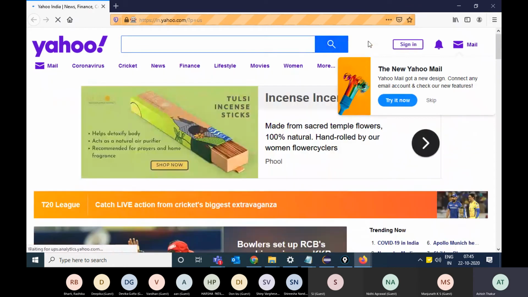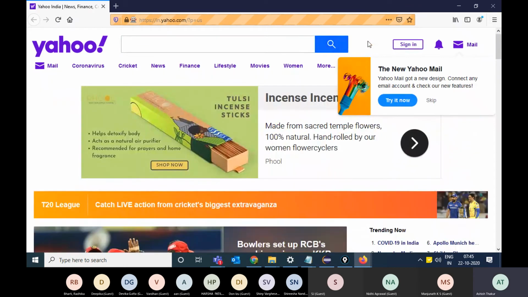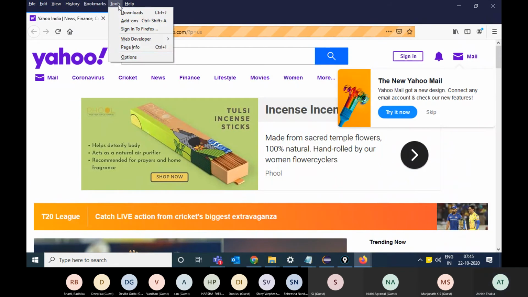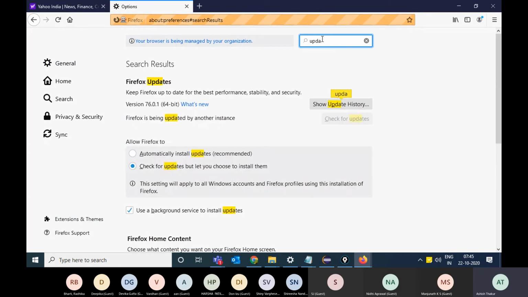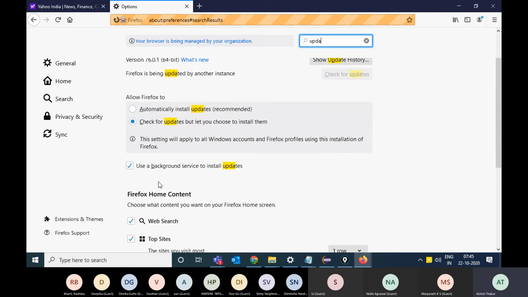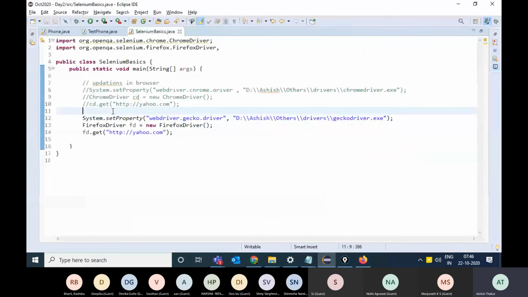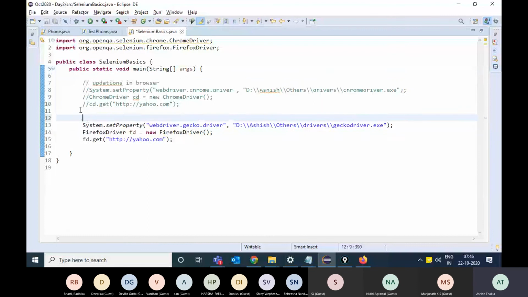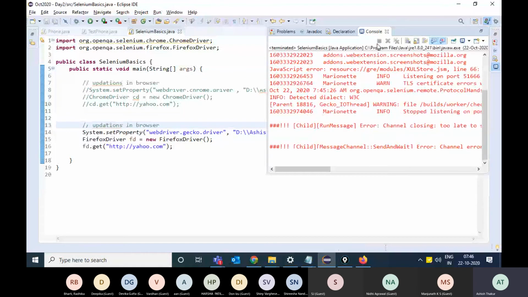In case of Firefox, you can prevent the automatic updates from happening. You can go to Tools, Options, and over here in Updates, you can choose this option, check for updates but let you choose to install them. So this way, you will be given a prompt that Firefox wants to update itself. You can select no over there. The problem is that the exe for the new version comes a little late.